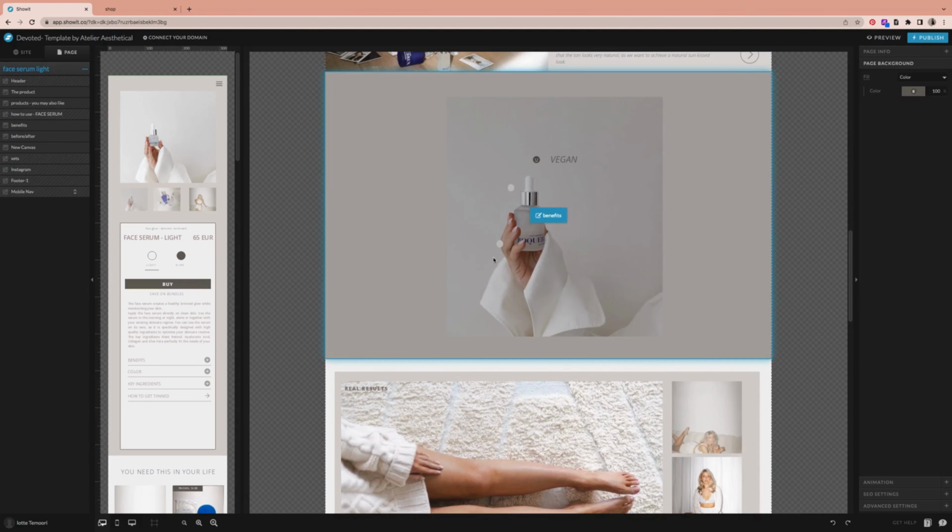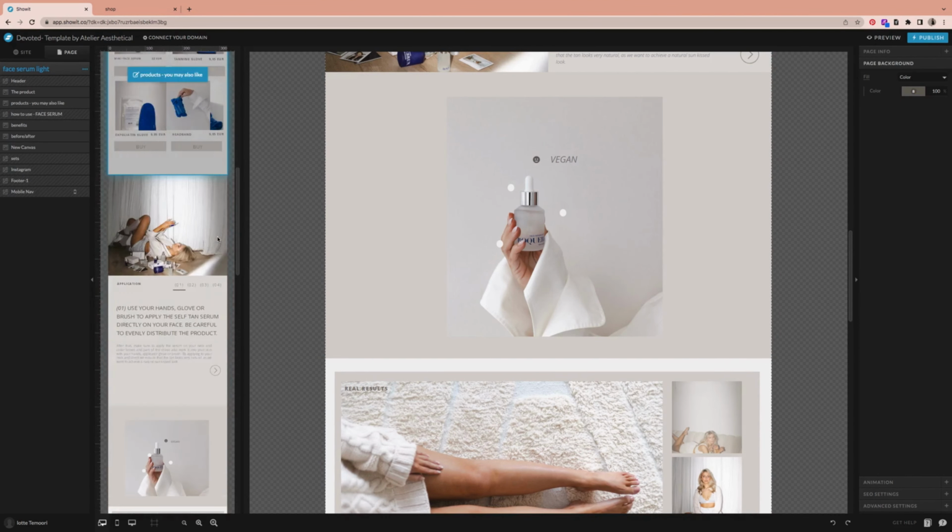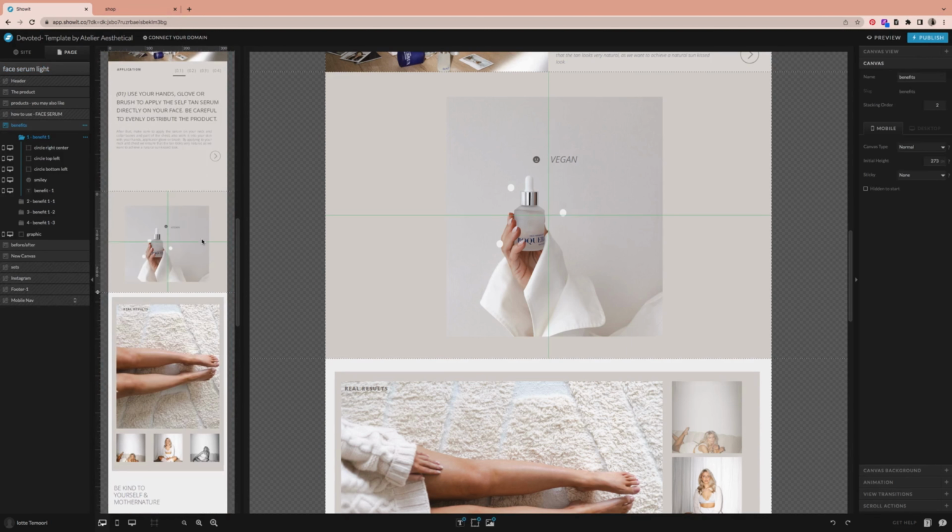Scrolling throughout the page here, you will see the benefits of the product displays on the product picture, and it's actually the exact same thing. So we're using a lot of variations here. Always make sure to open the page menu and to go through every single step. So for example, if you have a